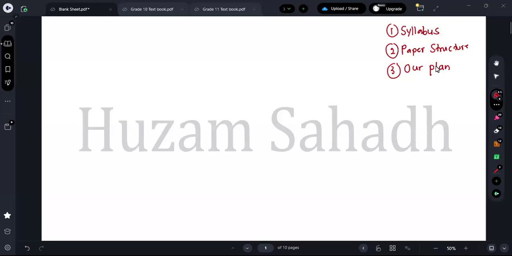Therefore, we should have a particular plan for us to do the class for the next 2 years. I'll be saying what I am going to do and how you are going to contribute to it. All those things will be discussed in our plan area. So first, if we talk about the syllabus, guys,